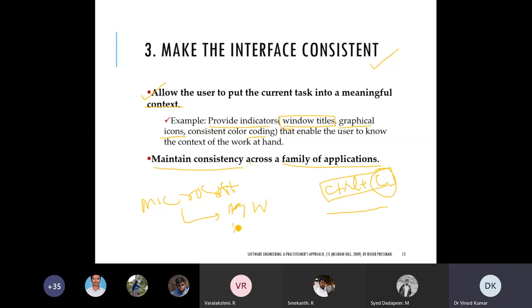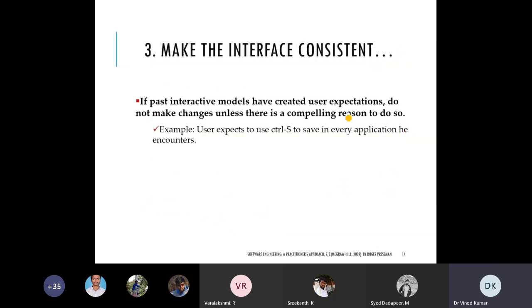For MS Word and Excel, if I change the icons and the menus inside with a different set of meanings, then the situation will be complex. So you have to maintain the consistency. Whatever file menu you are using, whatever edit menu you are using, the consistency should be there. Don't make changes that make the application inconsistent.